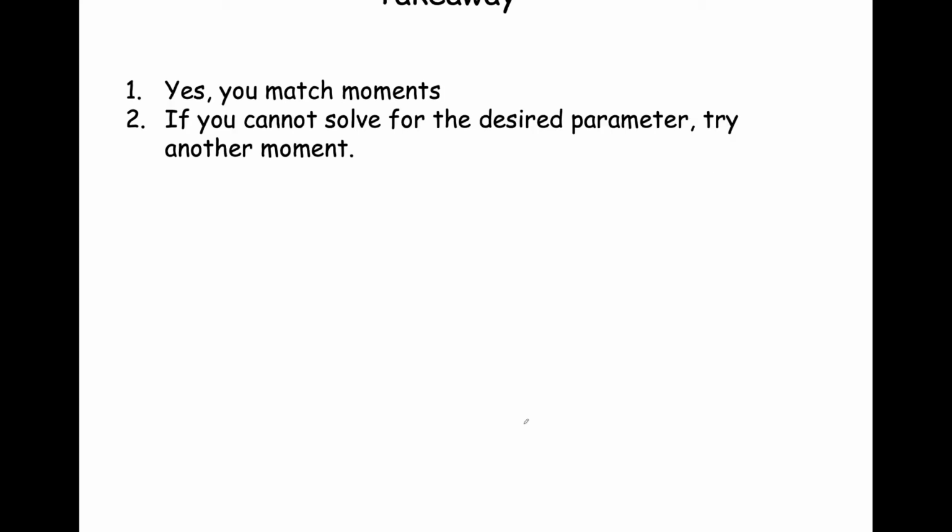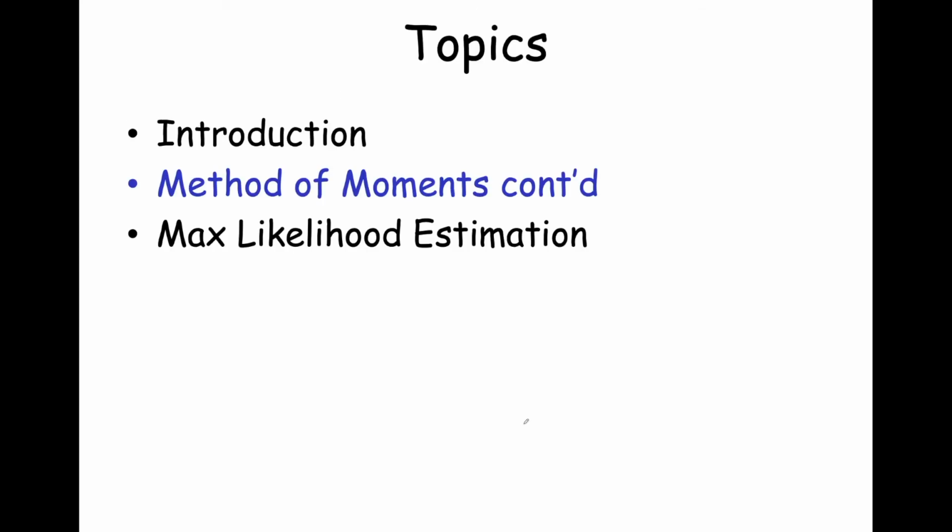The main takeaways: you match moments. And if you cannot solve for the desired parameter, then choose another moment. Maybe you need the central moment instead of the non-central moment. Okay. So let's move on to an alternative method of doing estimation of parameters, or parameter estimation, so-called max likelihood